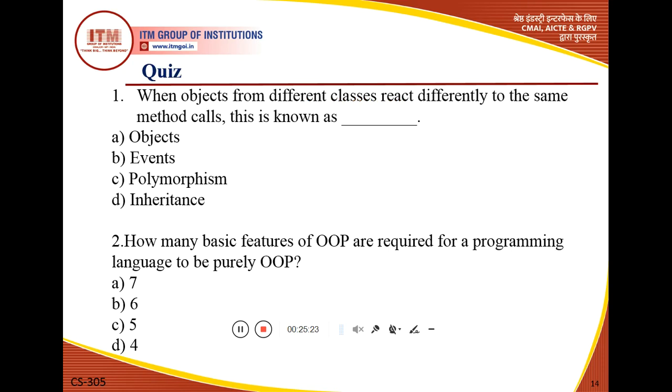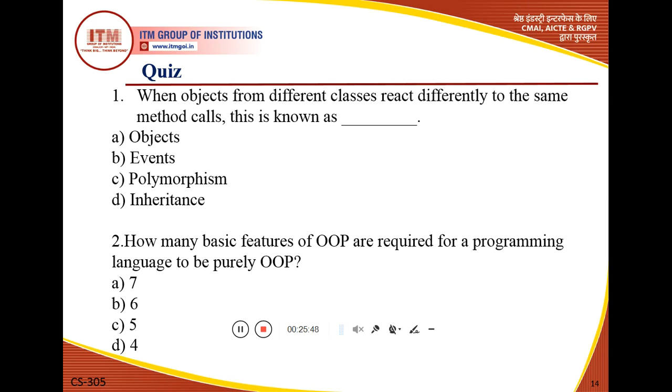Now these are some questions for your practice. The first question is: when objects from different classes react differently to the same method calls, this is known as, with multiple options: object, event, polymorphism, inheritance.